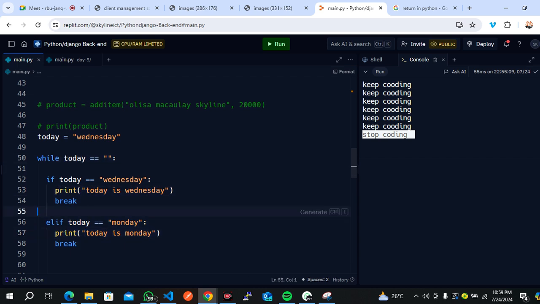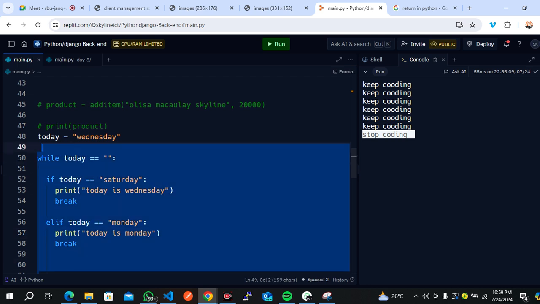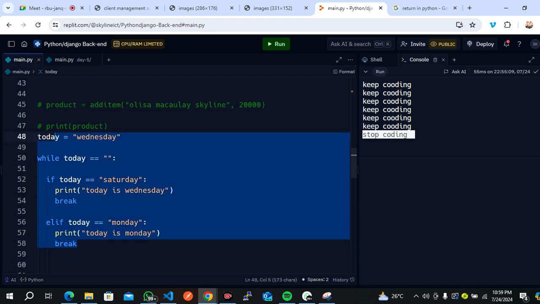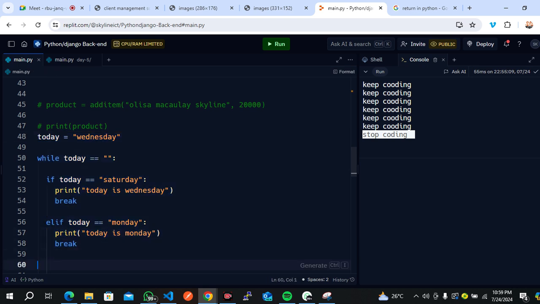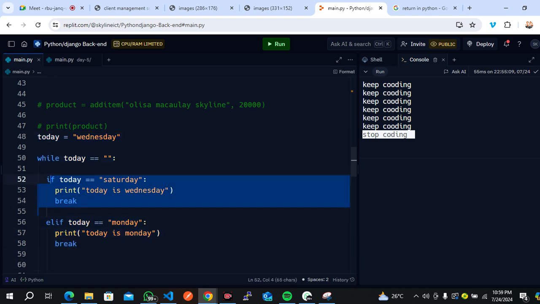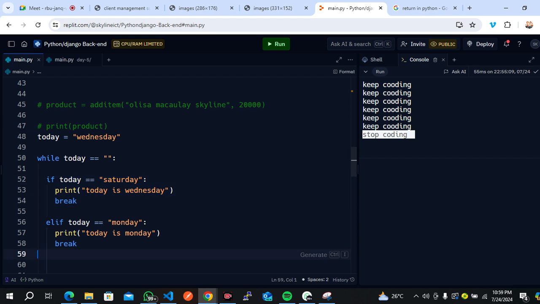the code will run until this today is equals to, okay, let's move that. Let's move this from Wednesday to Saturday, right? Now this code will keep running without breaking. It will keep running without what? Without breaking. Now let's say after that, let's copy this as elif